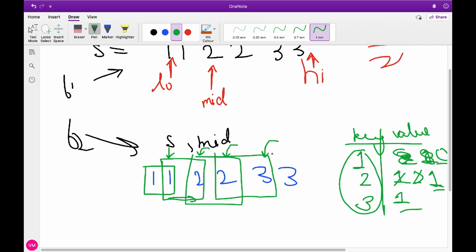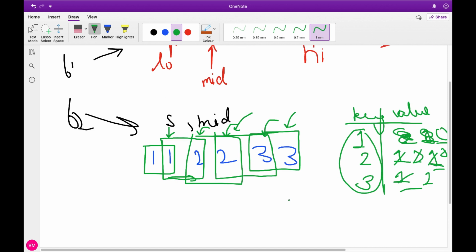Still I can't get it. Again I will move the window, discard this and include this. Still my frequency is 0 0 2. This means for a window size of 2 I can't get a minimum frequency of at least 1 for all the characters. It is also clear from the logic itself that for the characters 1 2 3, as each frequency should be 1, the minimum length should also be 3.